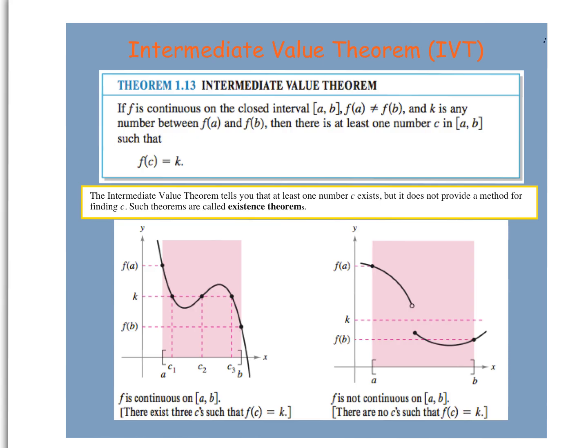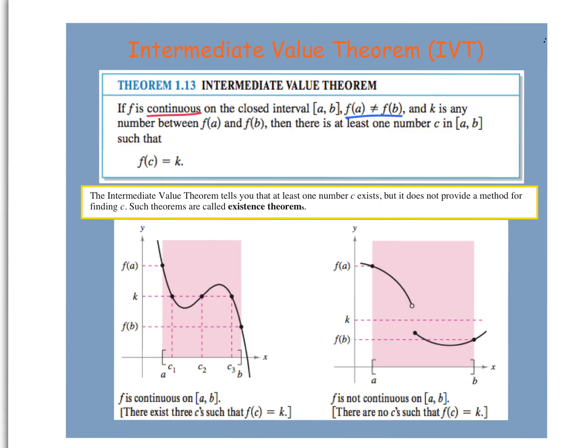Let's read. And Gail's going to be our reader. Go for it. If f is continuous. Continuous. What does continuous mean? That the limit as x approaches c equals f of c. Good. The limit is equal to the value. So it has to meet that condition. Keep going. If f is continuous on a closed interval [a, b], f of a does not equal f of